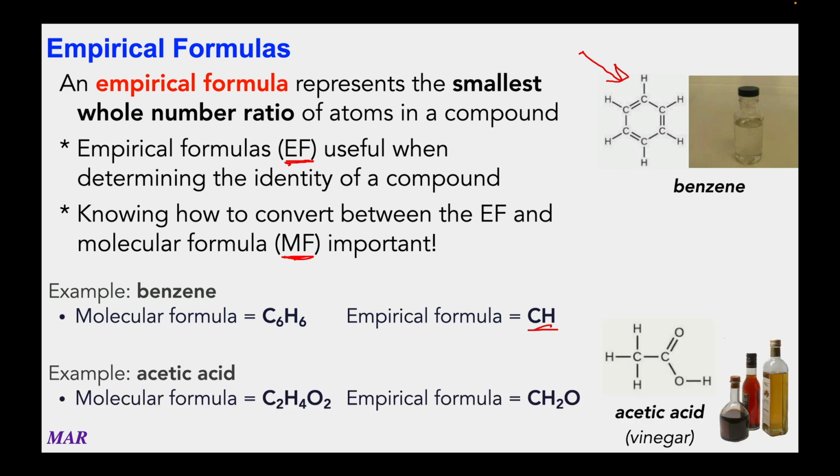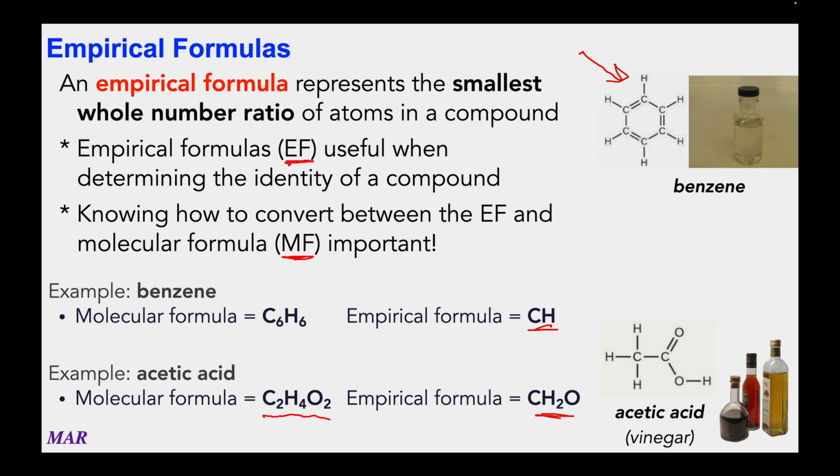Acetic acid is the active ingredient in vinegar. And so if you add vinegar to something, you're actually adding acetic acid. Acetic acid has a molecular formula C2H4O2. And so again, what you want to do is get to the smallest whole number ratio of atoms. So if you divide the 2, the 4, and the 2 by 2, you get the empirical formula